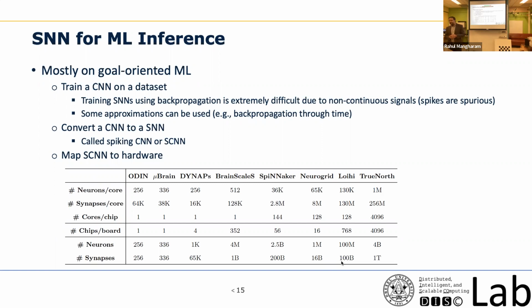So basically, usually all these architectures come on a neural substrate. It has neurons, it has synapses, and you implement an algorithm on it. However, the connections are fixed. You cannot change the connections at runtime, so you are pretty much limited to the architecture that the hardware comes with.